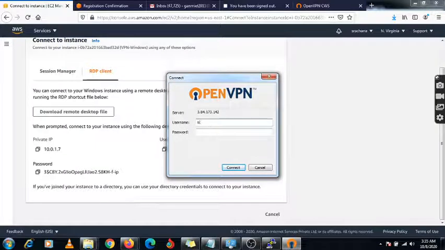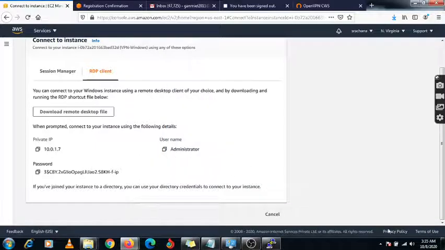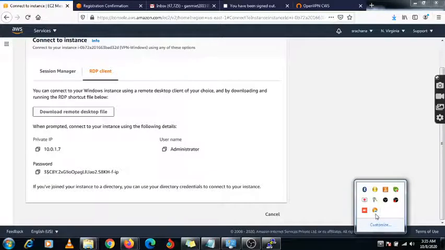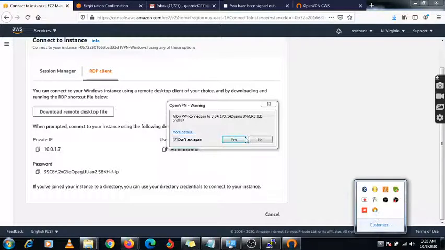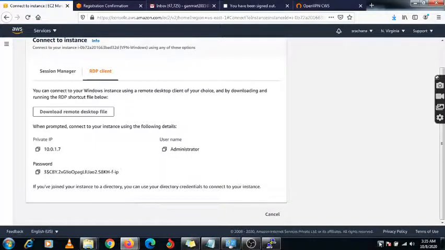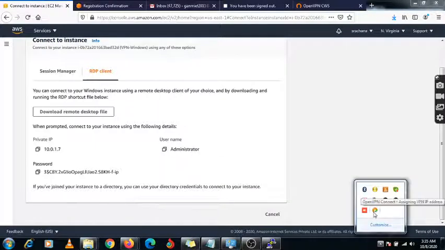Here I need to select OpenVPN and connect. Yeah, it is asking for allow, yes. Now it is assigning the VPN address.